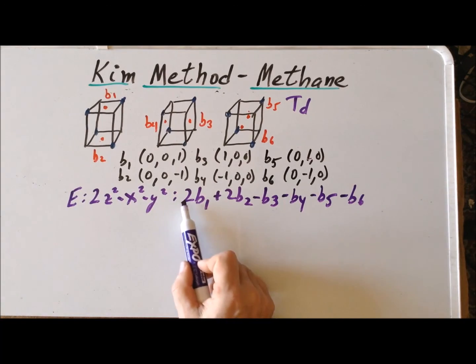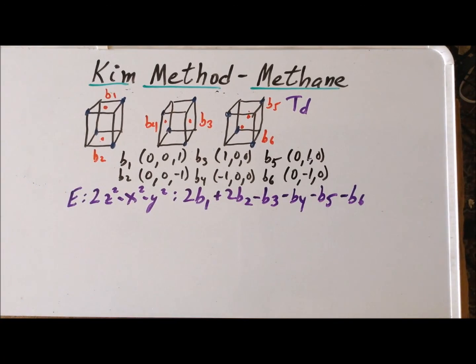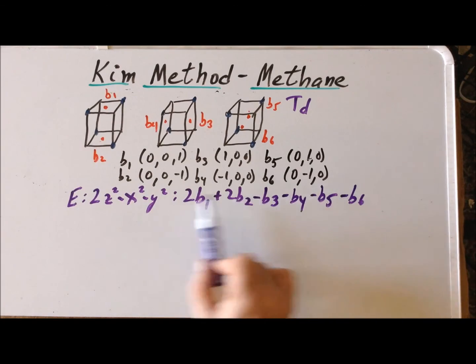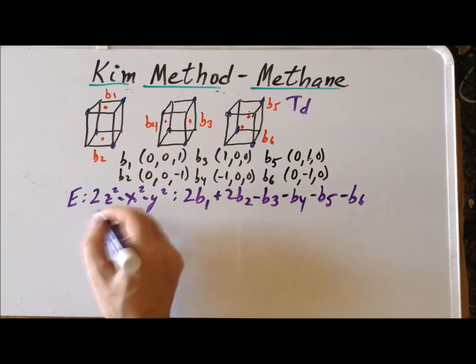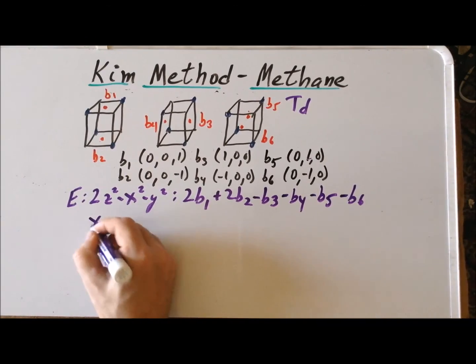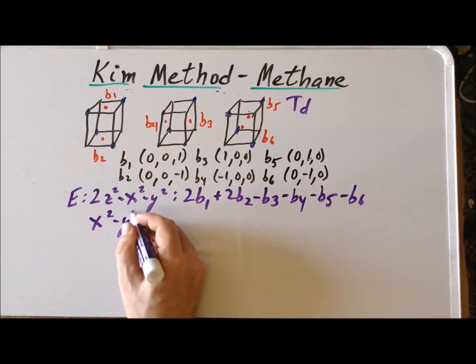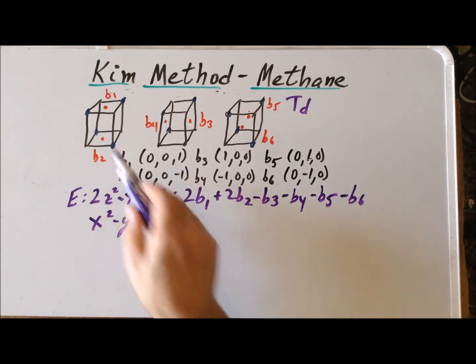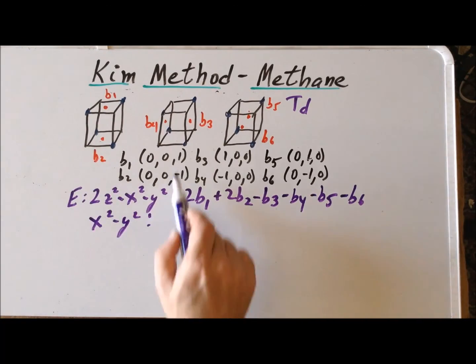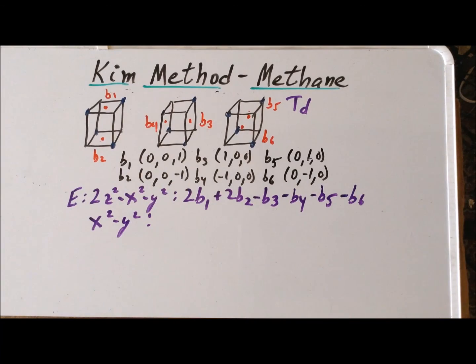So there is a significance to the coefficients if, when we reduce them to lowest terms, some are not equal to 1. So that is for the basis function 2z squared minus x squared minus y squared. The second basis function is x squared minus y squared. So we're going to evaluate the